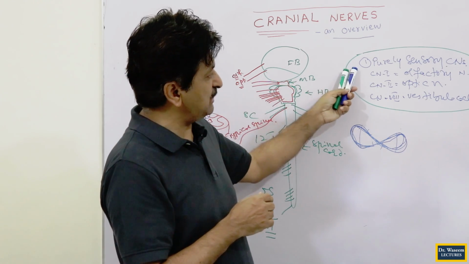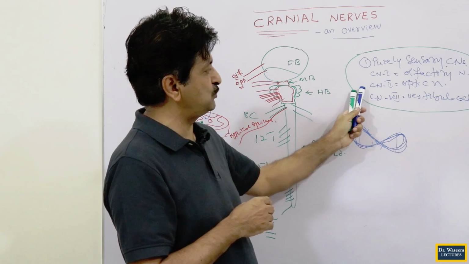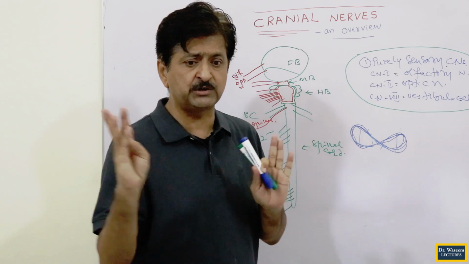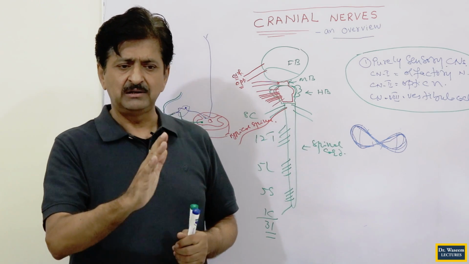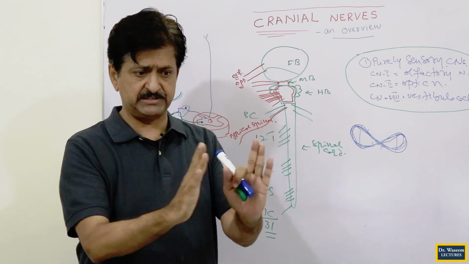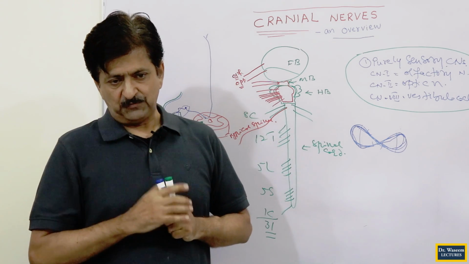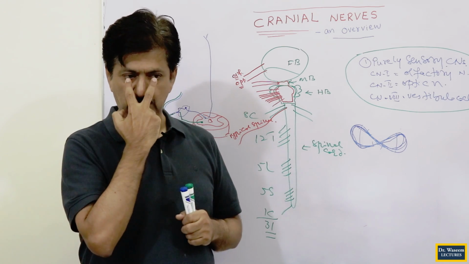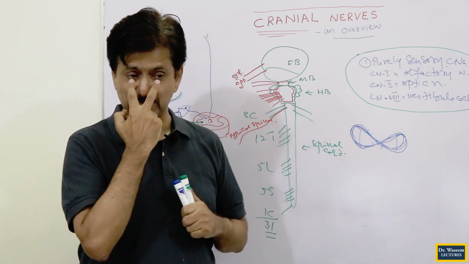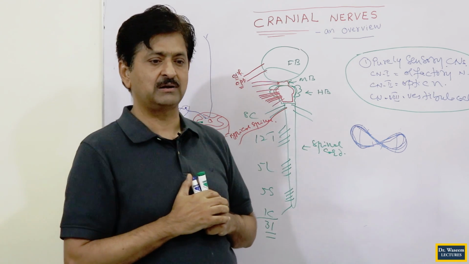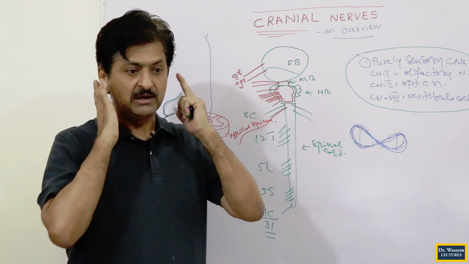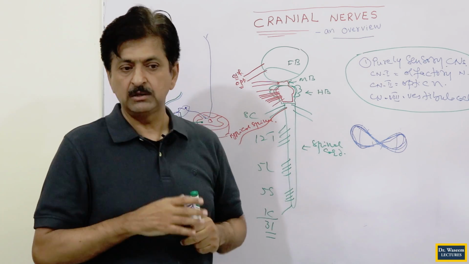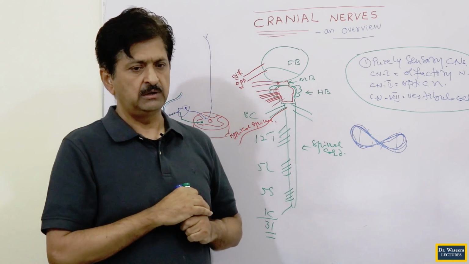So this is what we call the purely sensory cranial nerves: 1, 2 and 8. Why 1, 2 and 8? You will not cram it. These are the nerves which subserve your special sensory organs, for the special senses only. For the nose, olfactory is number 1 because the nose is 1. Vision is 2, because the eyes are 2, so the optic is the second cranial nerve. For the ears, it is 8, because you can make a figure of 8 with the 2 ears, so it is the vestibulocochlear nerve.